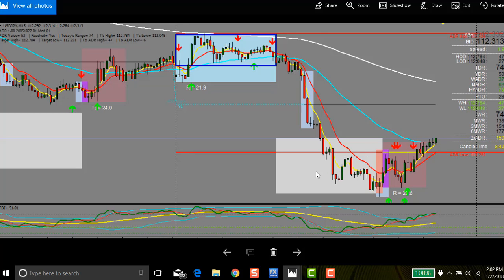So since this is currently in a pretty strong downtrend, this would be a counter trend trade. So I'm looking for a W here at the bottom, which I get. You see I get a W here. I get some railroad tracks here. I believe I took this trade somewhere in this area right here, and I was actually down for quite a